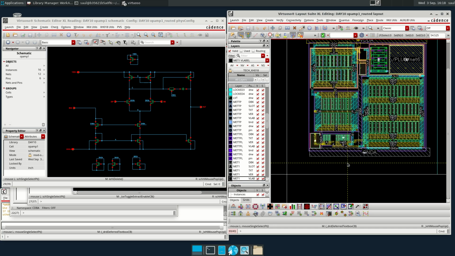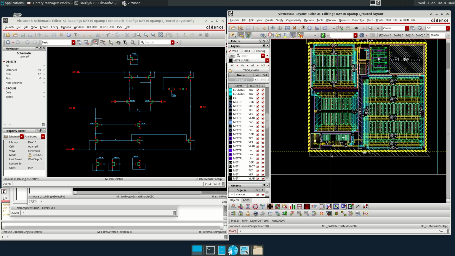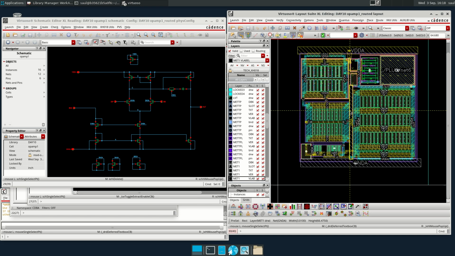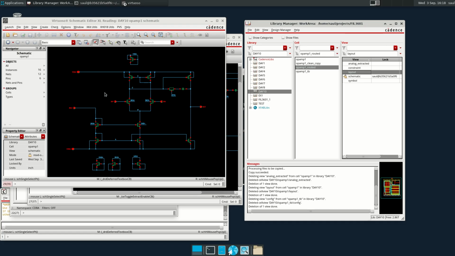Now, if for some reason I have to come back and do the layout again, I can remove these capacitors or reduce the sizes if I need to stretch something. So it is always useful to have some space available in case I have to do some changes. Okay, so that will be